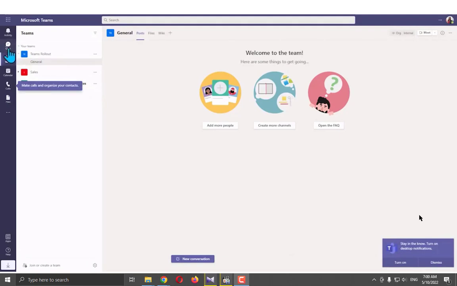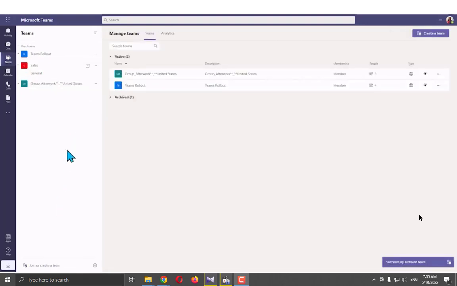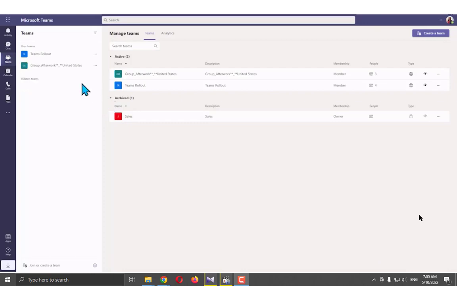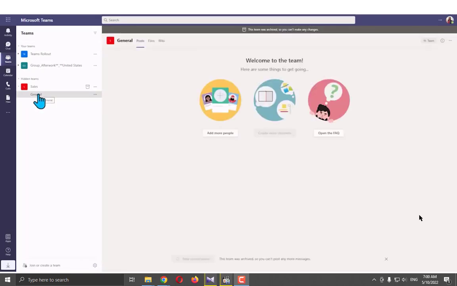Let's check the archived team. Signed in as Lynn Robbins, we'll go in the archived section and choose the Sales team. And then Sales shows up under the hidden teams section. If we go to the General channel under the Sales team, you can see that the new conversation option is not available. So let's unarchive the Sales team